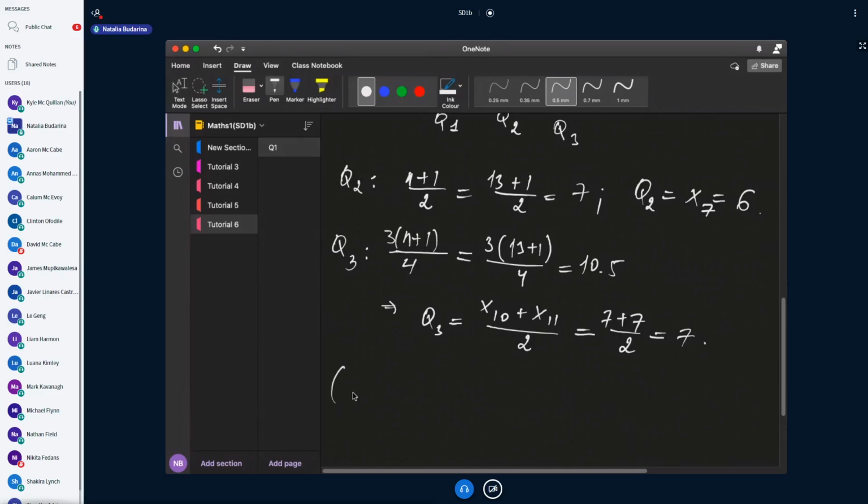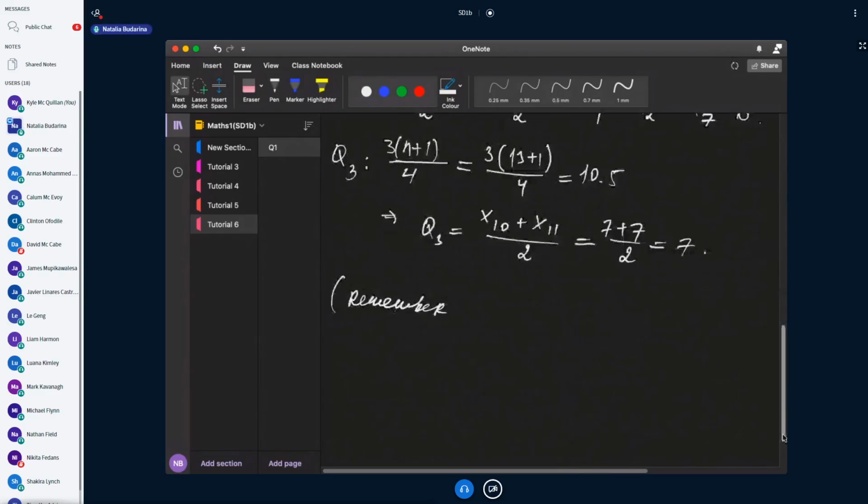And please remember how we did this in general. For example, if you have here, in our case it was 50%, and that was good. But imagine that I have here xn, not m. I put m. Here I have xm plus 1. And somewhere I have this point; let, for example, Q3 be equal to